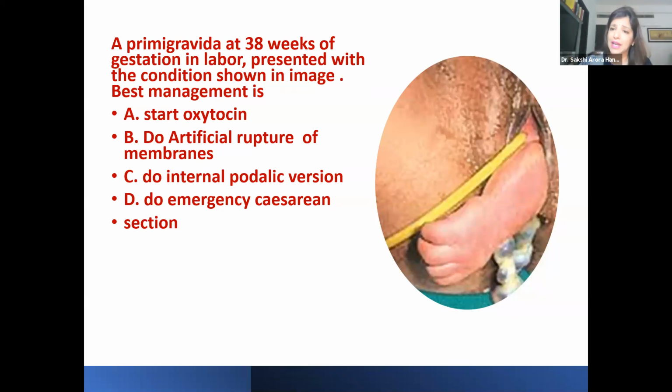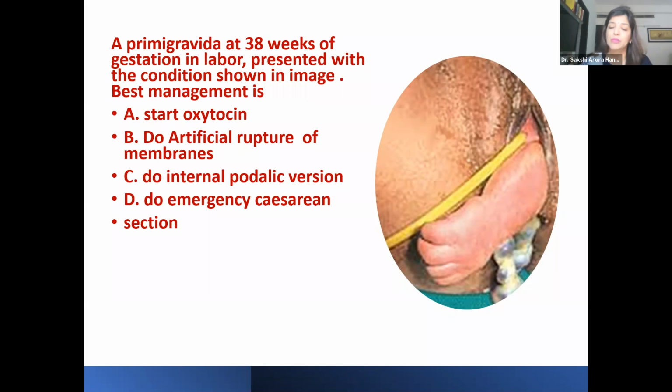So mother will be dehydrated. She will be having acidotic breathing, and per abdominally, you are going to get a Bandl's ring. Per vaginally, you will see that the membranes are ruptured. Vagina is hot and dry. There will be a foul smelling liquor which will be draining out. And you will see in this case, as you can see, the hand of the baby is prolapsed and the